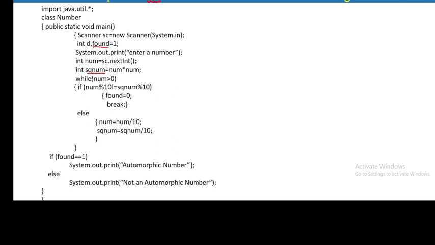Same logic is here. While num is greater than 0, अब आप क्या करें? इसमें num % 10 is not equal to sqnum % 10.